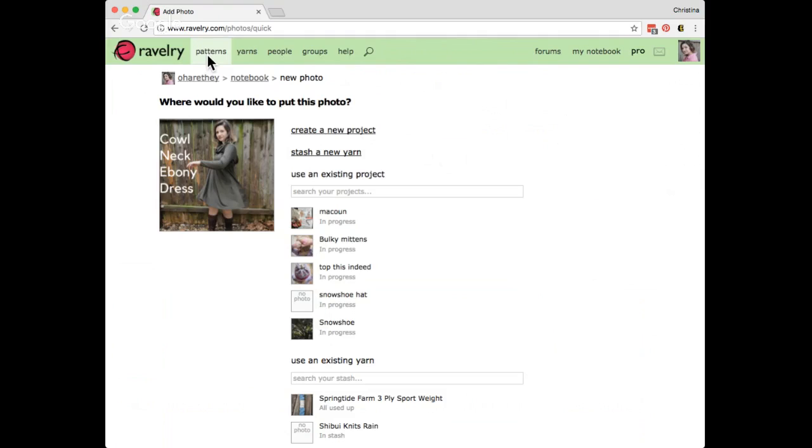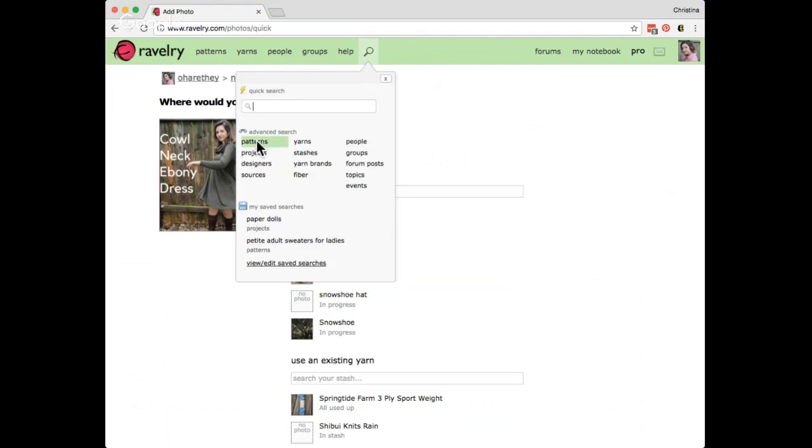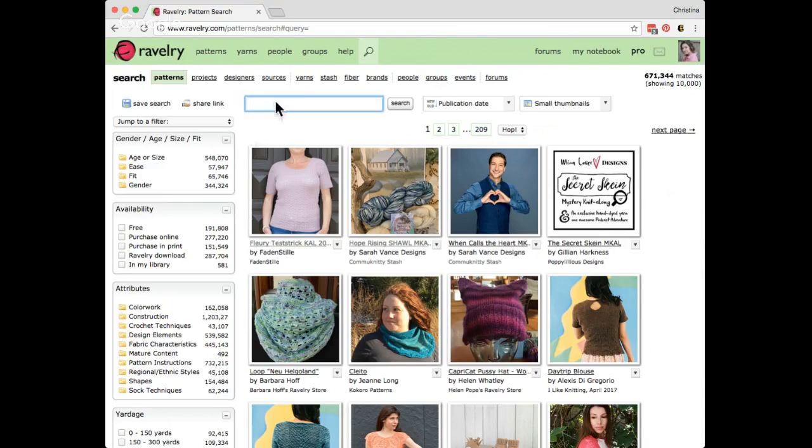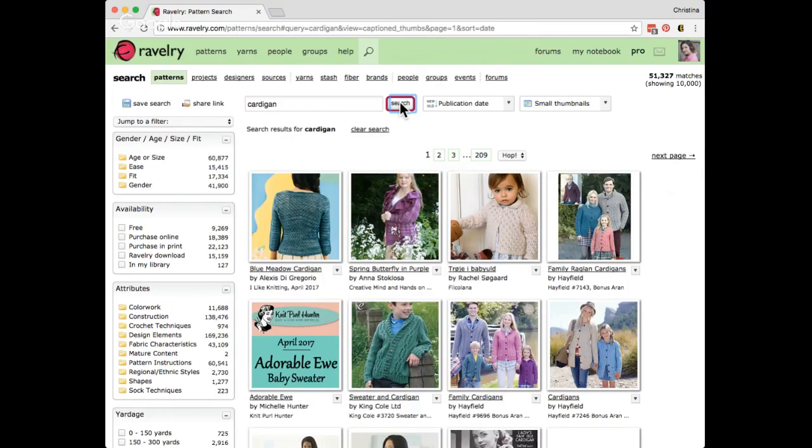That is a really great question, Mindy. So I'm going to go back to the advanced search, and I'm going to show you my very favorite way to get there. Your navigation might look a little bit different than mine. I'm testing a new one, but you will have a magnifying glass. If you click on that magnifying glass, you can then click, and these links will take you to advanced search in any section. So I'm going to go back to Patterns Advanced Search. I could just type the word cardigan in here and not use this link, just search the word cardigan. And this will pull up